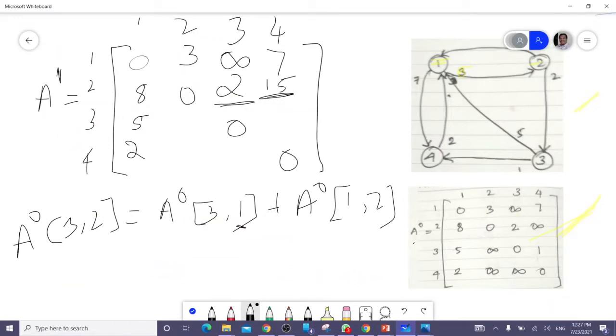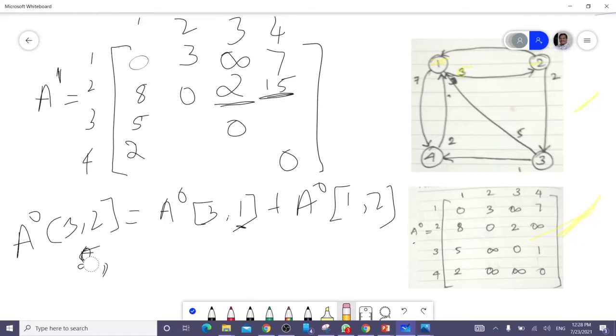So now a of 3 and 2, sorry, I made a small mistake.